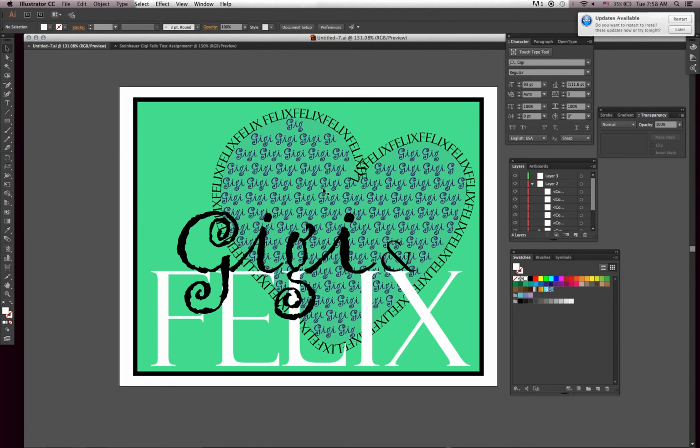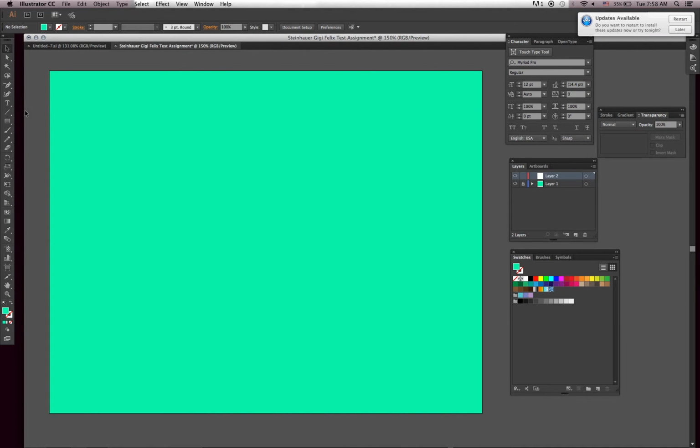First thing we're going to do is see this heart here. This is actually a path. This heart we created a path for this heart so that we could put the text on the inside and put the text on the outside and fill it with color. So what we're going to do is go over here to the shape tool where we made our rectangle, except this time we're going to right click on it and we're going to actually build a heart out of several different shapes. So we're going to start with the rectangle,